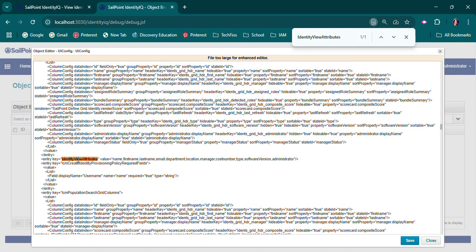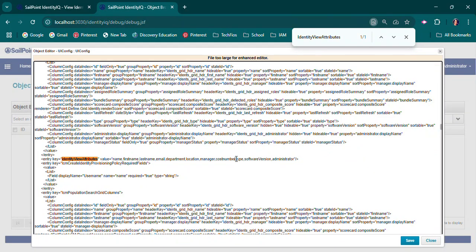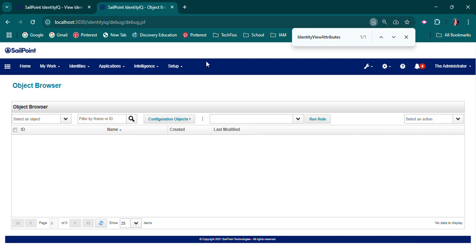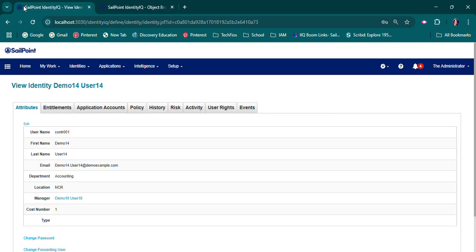So when I get to this identity view attributes section, all of these are the attributes that are listed in the UI that we see. And so I want to put it here. And then the same user. I'm going to put in user type because that's what I want to see, and then I want to save it. All right, I'm going to go back to my